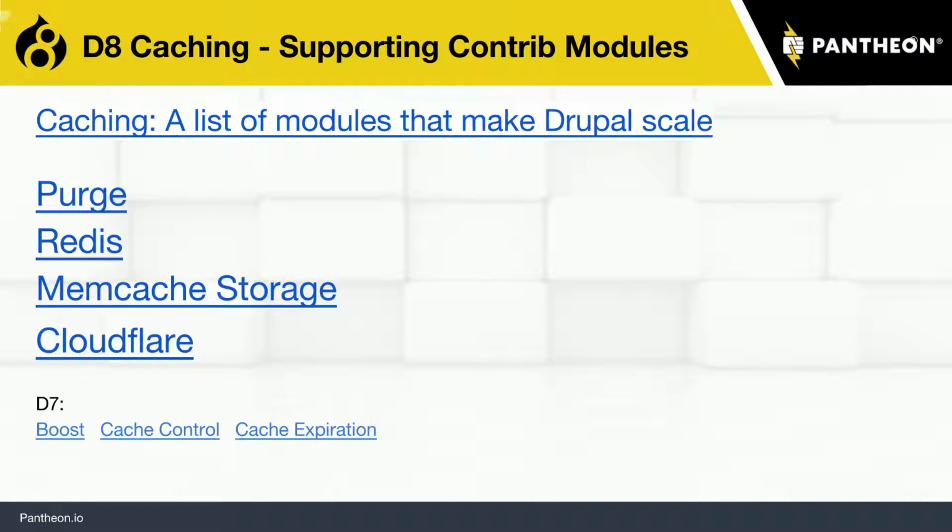Okay, there's a caching list on Drupal.org that has like 50 modules related to caching and what they do. That's worth looking at if you want to see. Popular ones are Purge, Redis, Memcache stores, Cloudflare. So what these all do